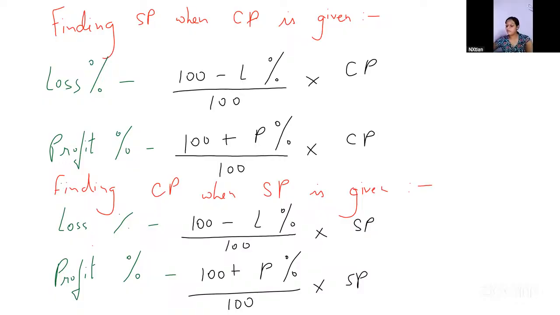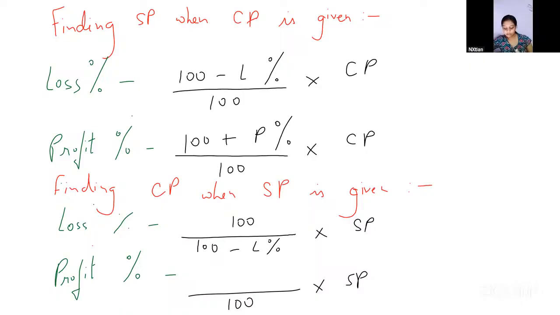Also, see, when we are finding out the selling price, this thing will be reversed. So it becomes 100 divided by 100 plus profit. Oh, sorry, 100 minus loss percent. And here it becomes,